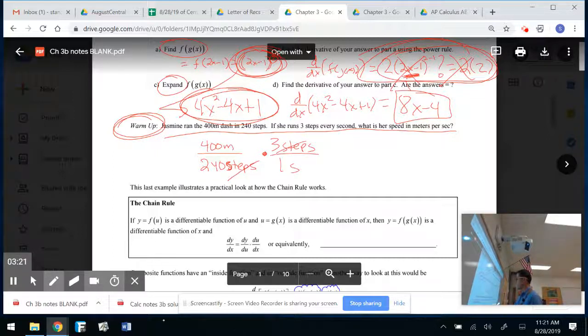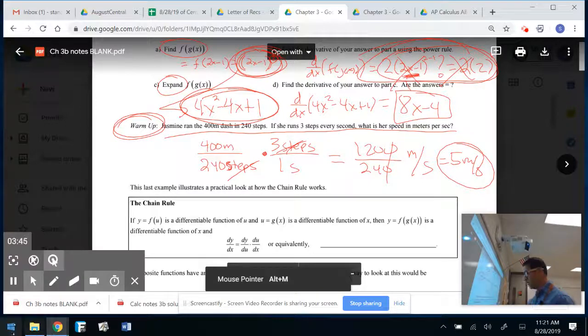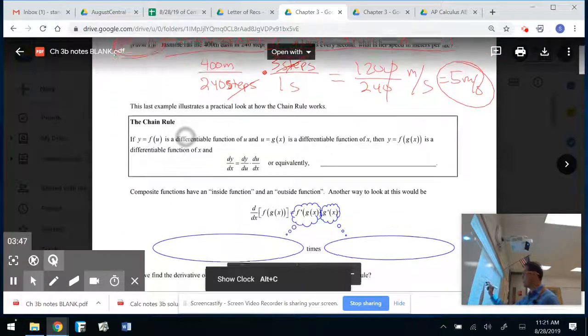And bang, bang, choo-choo train. Haven't heard that in a while. Cross those bad boys out, and we get, what is that? 1,200 over 240 meters per second, right? You do a little simplification there, and I get 5 meters per second, which is a rate, which is kind of like a derivative. Okay, so if we go ahead and take a look down here at what the chain rule is all about,